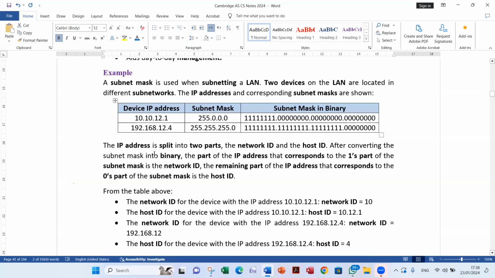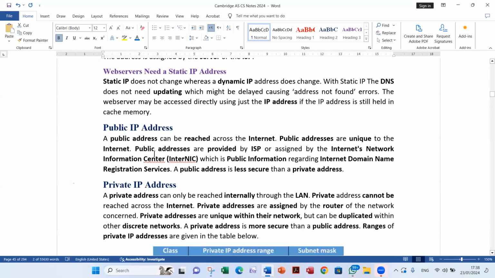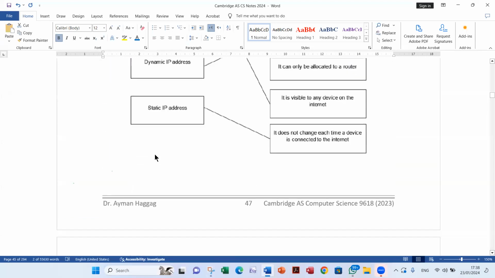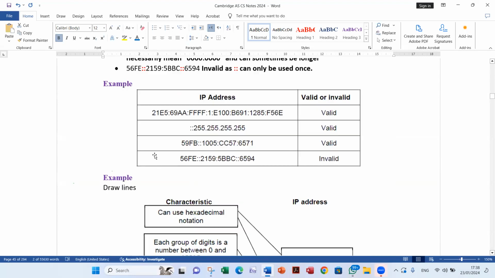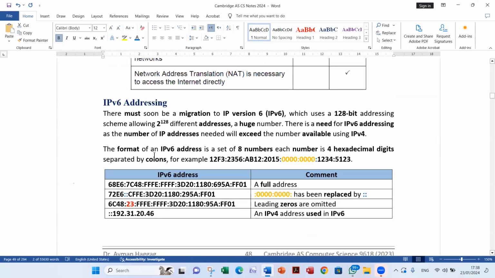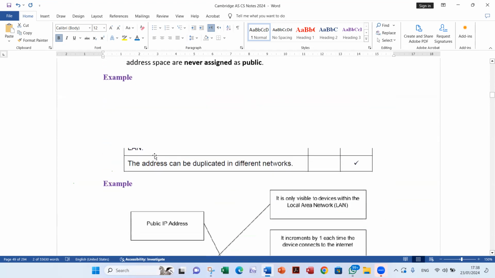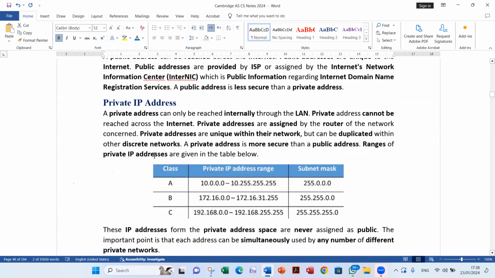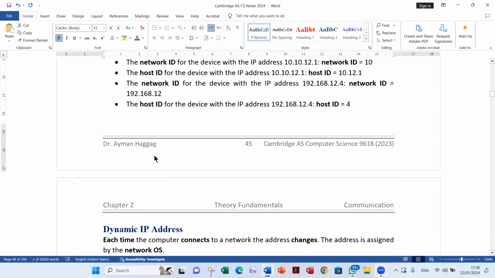Okay, let us go into more and more examples. I think very soon we will finish when we talk about IP version 6 as well. Let us go through everything in detail, because